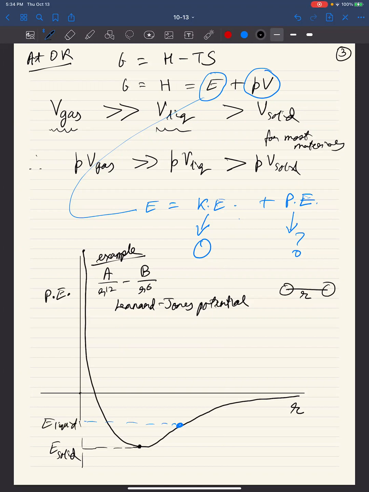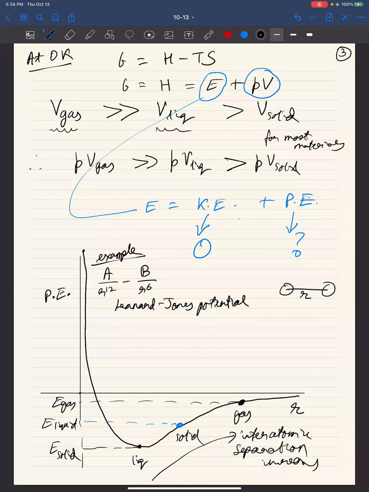And the gas potential energy will be lying somewhere over here, simply because going from solid to liquid to gas, the interatomic separation increases. So therefore,